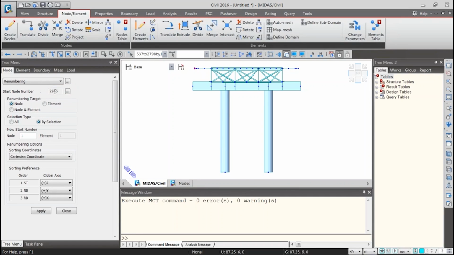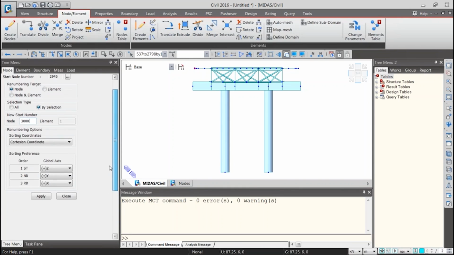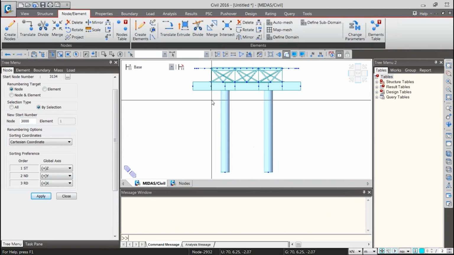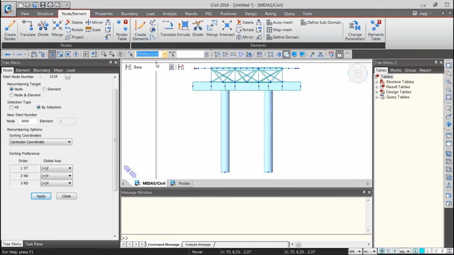So for the safer side, I can start a new number from 3000. Once I do that and click on by selection, by selection means I'm renumbering only the selected nodes, and click on apply. Now we can see that these nodes are numbered from 3000 to 3133.